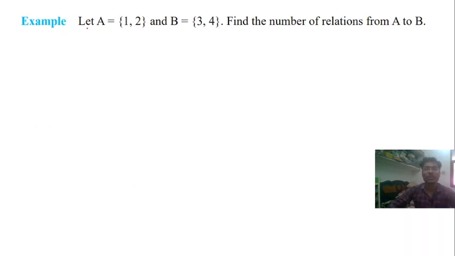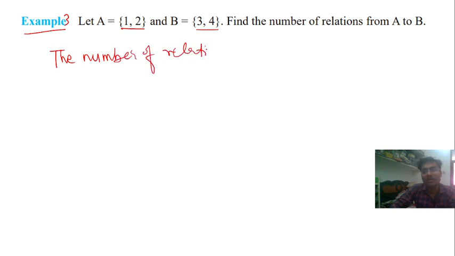Coming to example number 3, they are saying A is 1 comma 2, B is 3 comma 4, and find the number of relations from A to B. Okay, this is example number 3. So you will have to find the number of relationships you can make. So the number of relations that can be made